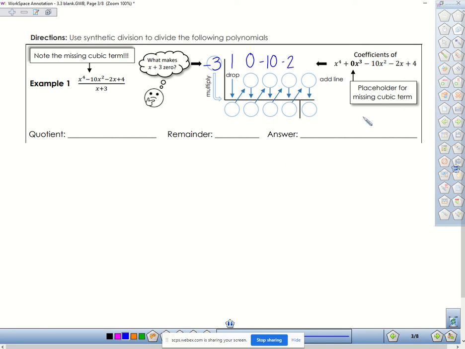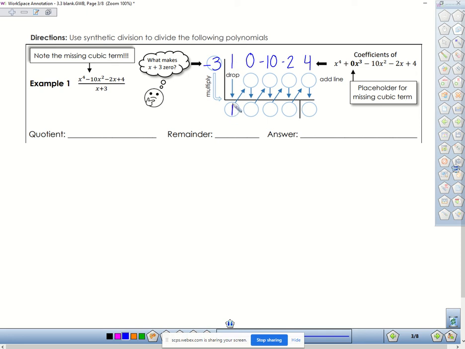And what's the coefficient of the, well, sorry, basically the coefficient of the x to the 0, which is your constant, which is just 4. So that's how you set up your synthetic division. Any questions so far? Now, the first term, the first number in your synthetic division, you just drop it